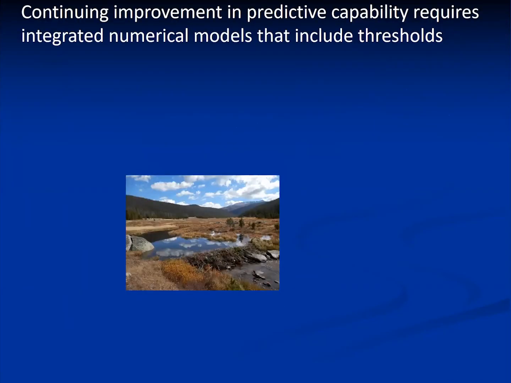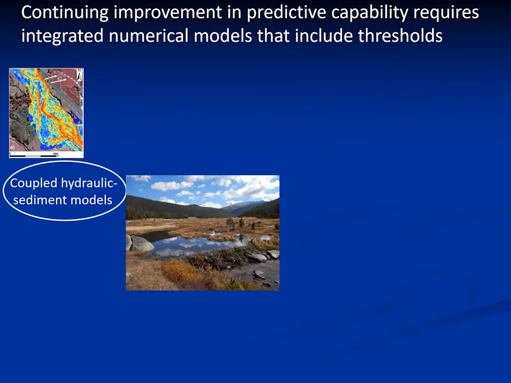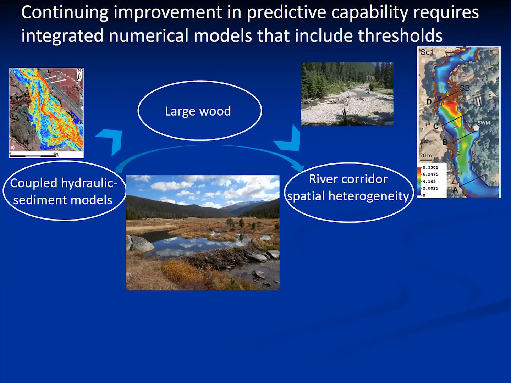So as we try to restore some of this complexity and some of this function now, I think we really have to put a lot of emphasis on integrated numerical models that include thresholds, mainly because most things seem to be nonlinear in river corridors. So we have come a long, long way in the last couple decades in coupling hydraulics and sediment transport in 2 or 3D models. Now we need to add some of these other components, such as large wood, if we're looking at forested areas, and start thinking about